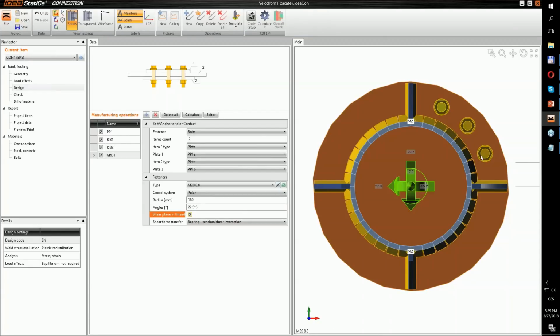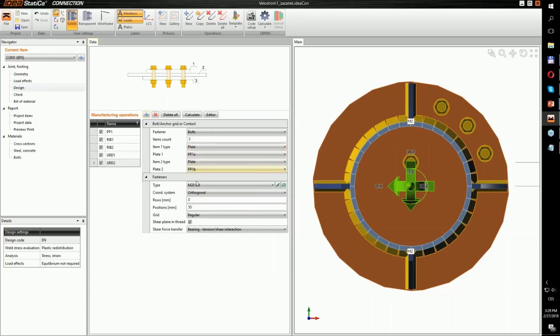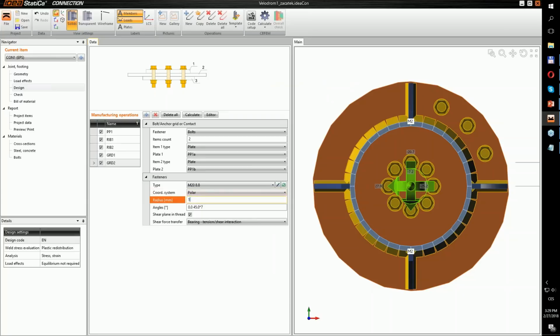Let's say we have this bolt group, and for some reason we need to define another one, for example, in the third quadrant. So it's really easy, just add another bolt group. It's without any restriction. You can have several load groups, several bolt groups in one plate. There is no restriction at all. So I can easily input